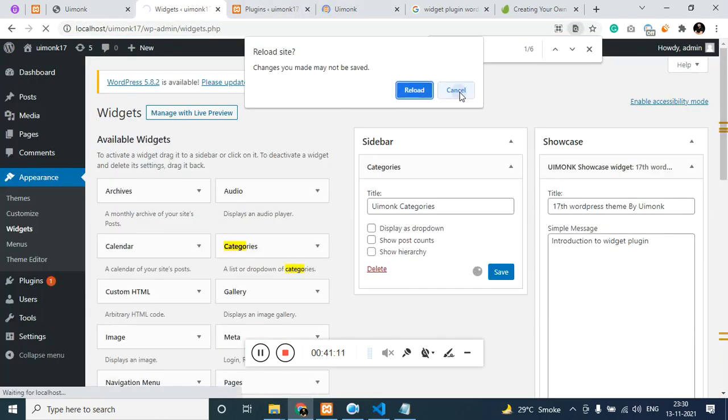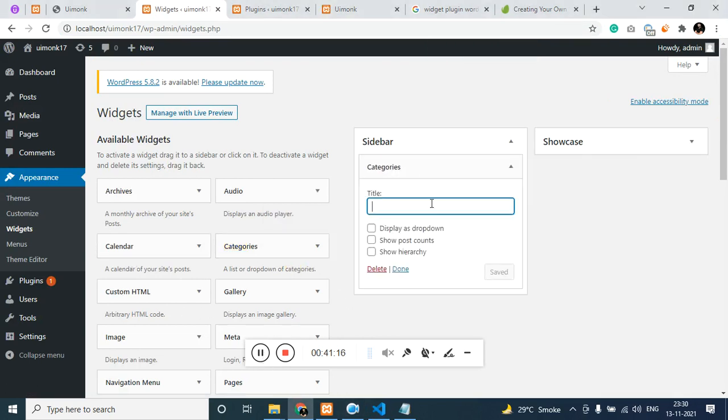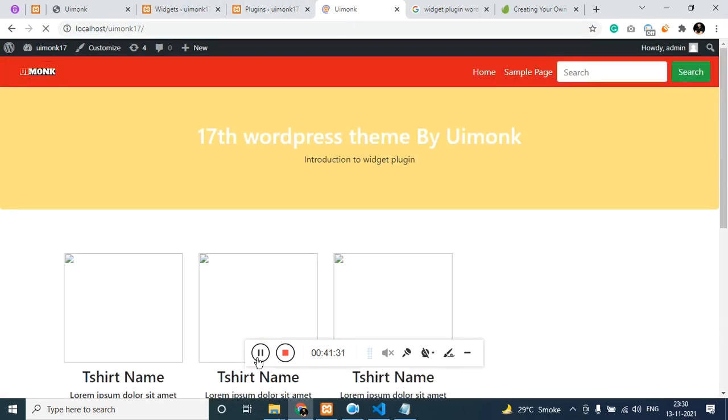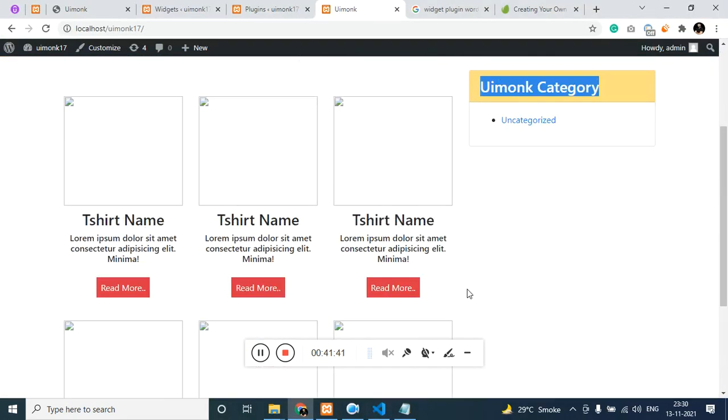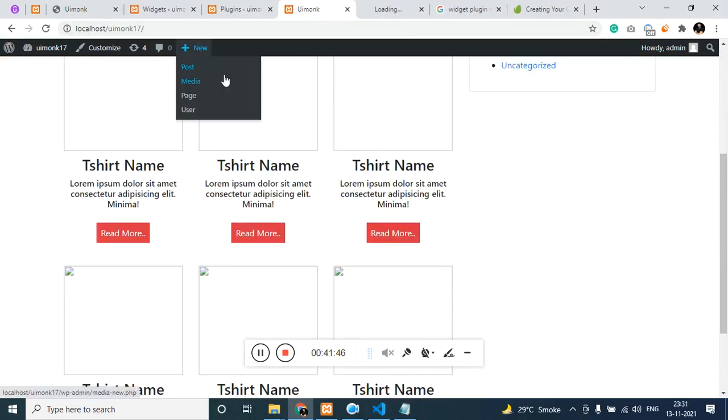Actually it's still saving, that's the reason. Let's get a category, have it inside UI Monk category. Click on save. Now you can see the category is there. The name is also there because we have given the name that way, and the sidebar is also working. Now let's loop this product. So to loop we need two products at least. Let me add two products